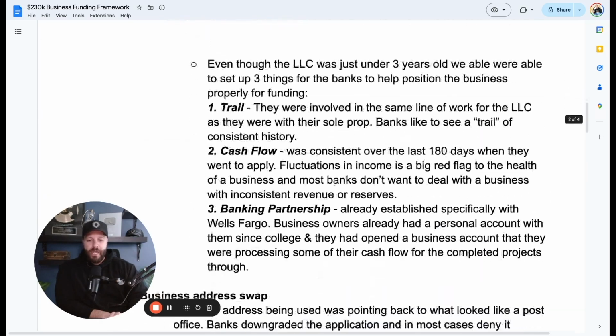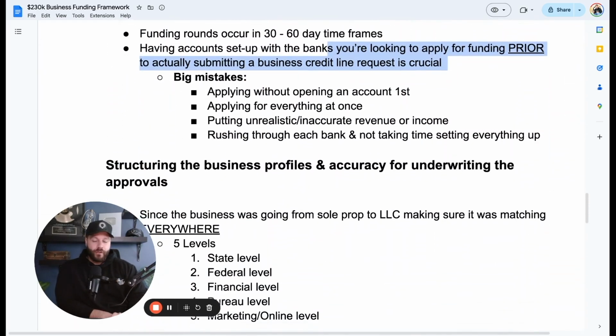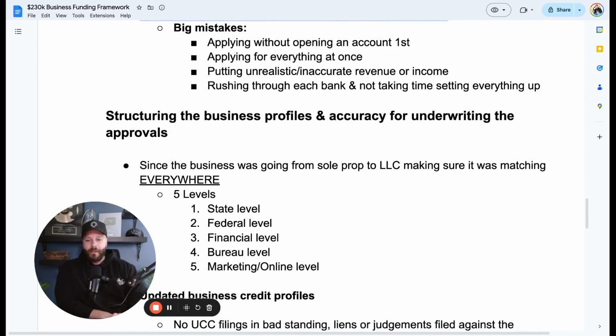Again, on the business side, if you're able to, and if you actually have access to those resources, and if you do, then I 100% recommend it. Which is what we always set up our clients for, either with our bankers that are vetted, or we show them how to properly go into a bank and introduce themselves, introduce their businesses, and also present it in a way that's appealing to the banks so that they can give them those easier approvals that they're seeking. Big mistakes that I want you to avoid is applying without opening an account first.